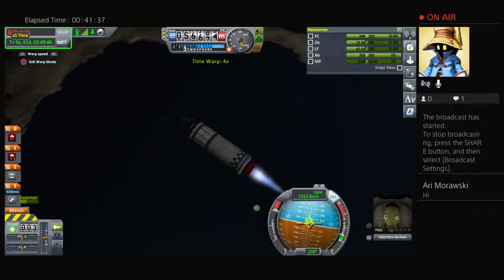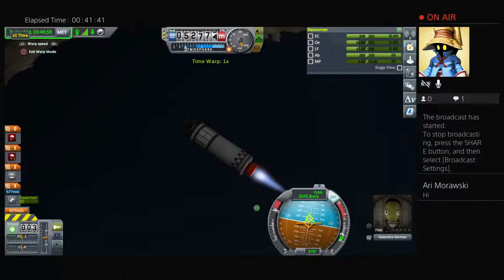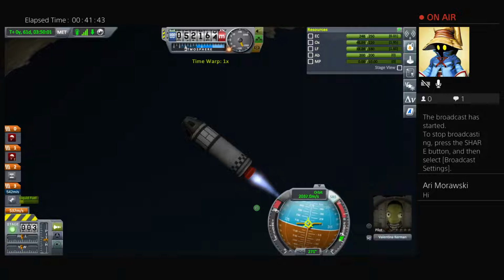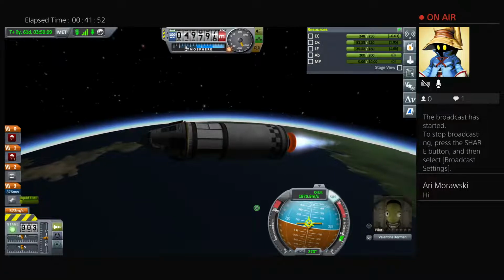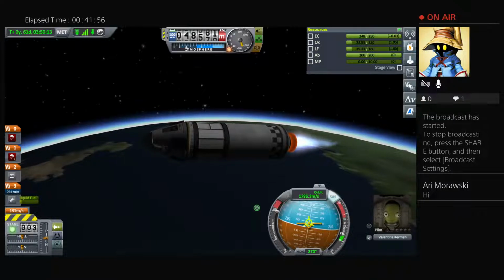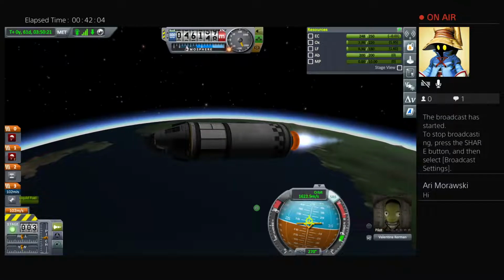There we go. Cancel that time warp so we can point it back to retro before we start burning up, preferably. 4, 3.5, 3, 2.5, 2, 1.5, 1, and